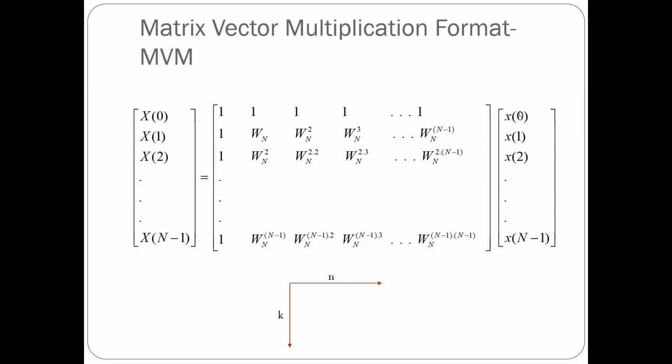this is the time domain signal. x of 0, x of 1, x of 2, up to x of n minus 1 is my time domain signal. How many samples are there in the time domain signal? N samples. And now you are required to analyze this finite duration time domain sequence.